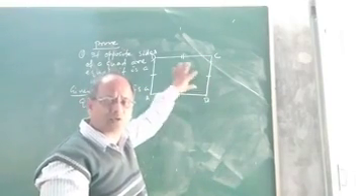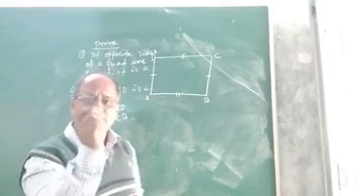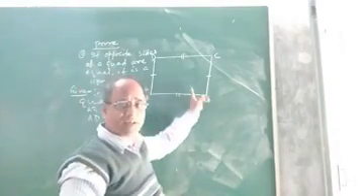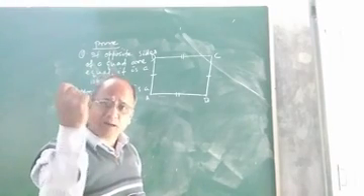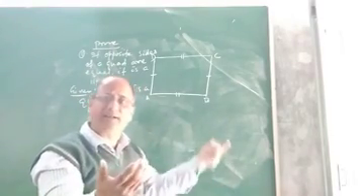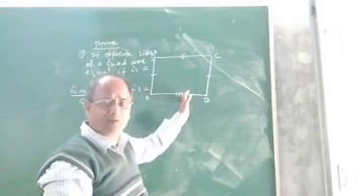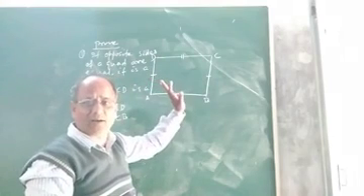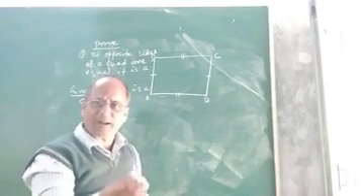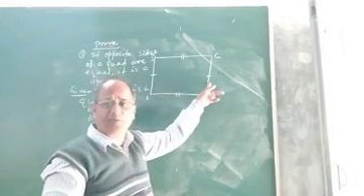Now the point is, other than showing that both pairs of opposite sides are parallel, we can simply show that one pair of opposite sides is parallel, because the other is already given equal, and we know that if one pair of opposite sides of a quadrilateral is equal and parallel, then it is a parallelogram. So in this question, it is sufficient to show that one pair of opposite sides is parallel. That is, either we show AB parallel to DC or AD parallel to BC.